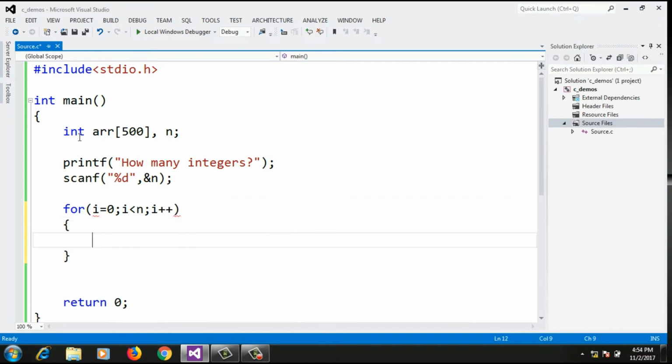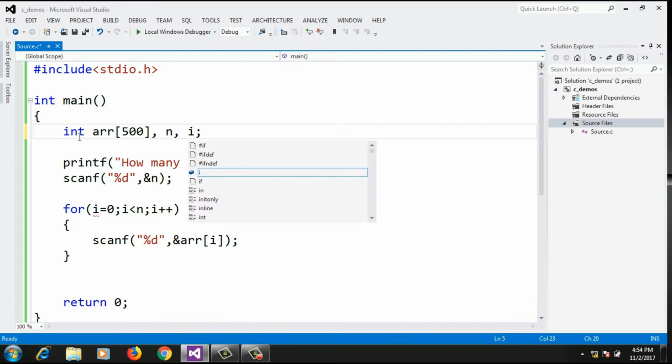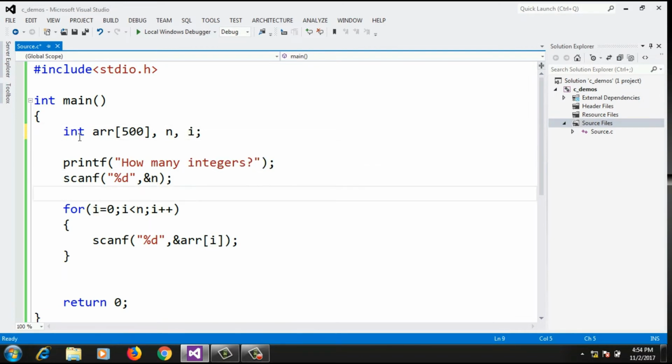I will write here scanf %d comma ampersand arr of i. Here I can write either subscript notation or pointer notation for the array. So let's declare the i variable. Let me write some message here, printf enter array elements.